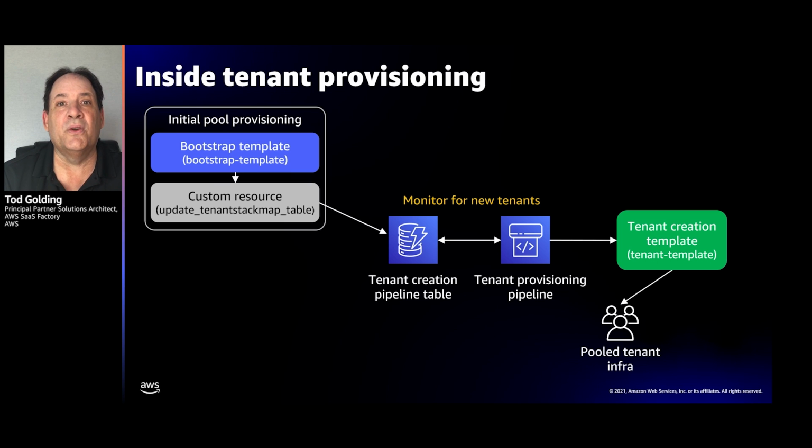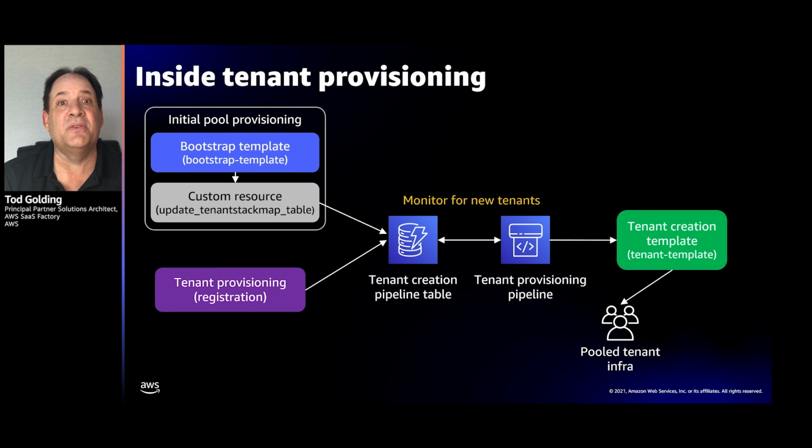But what I thought was really cool about the solution that the team built is that we use this exact same process when we onboard a siloed tenant. So now if a siloed tenant comes along and they want to add the infrastructure for the tenant, we don't create an entirely separate process. Instead, we essentially put a row into this table, and that table says, hey, a new siloed tenant needs to be onboarded, and the code pipeline picks that up,